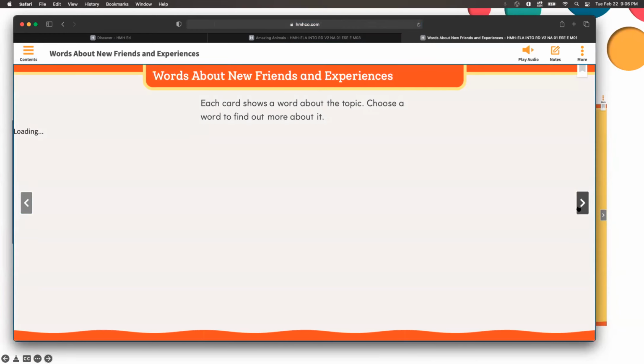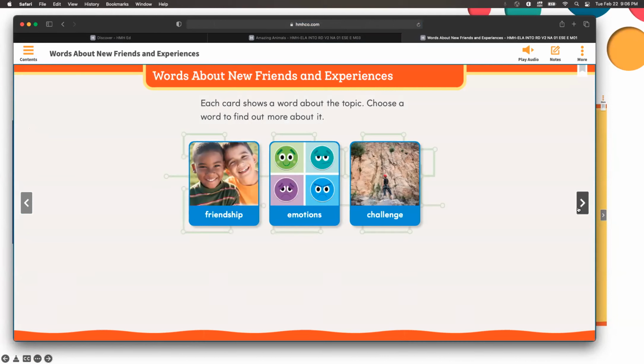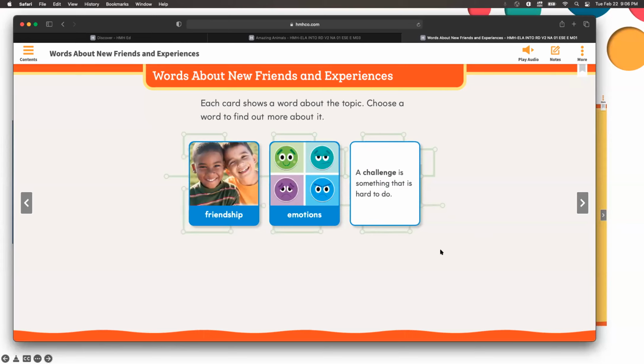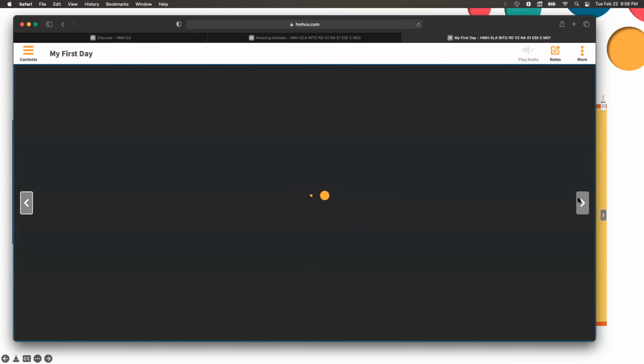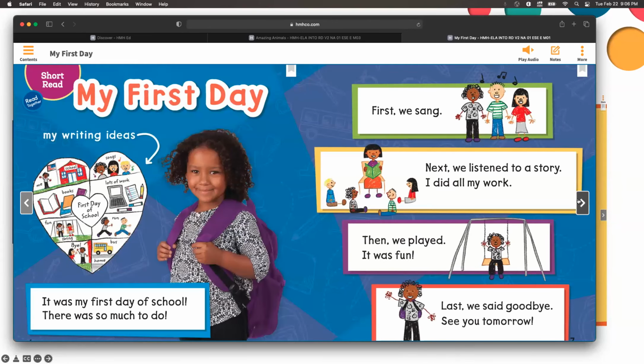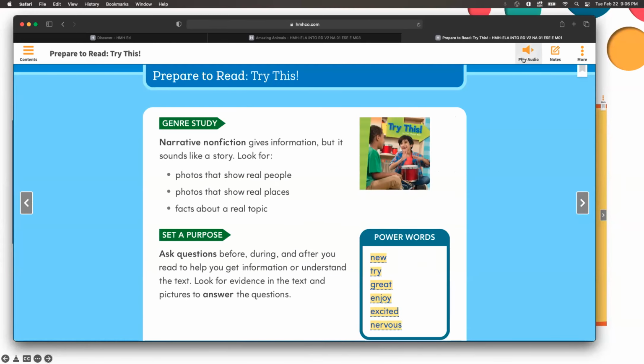As we continue to click through here, notice we introduce some of the vocabulary words with these clickable cards. Again, this is designed to increase engagement and to leverage the digital environment. When we get into an actual book or story here, you'll notice that there is a little bit more of a paginated look and feel. Students can click through and they can read the stories. Notice that the pages look like the pages in their print My Book, and they can play audio. Students have control from right in their student book.